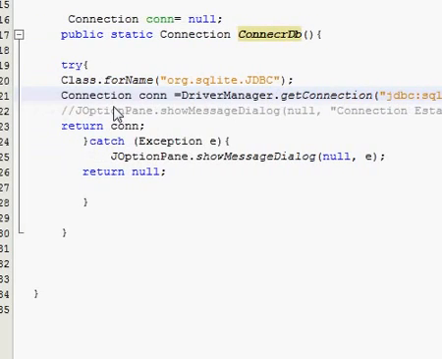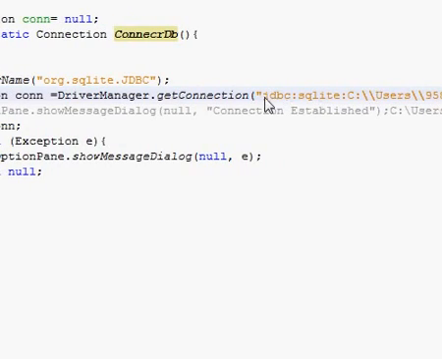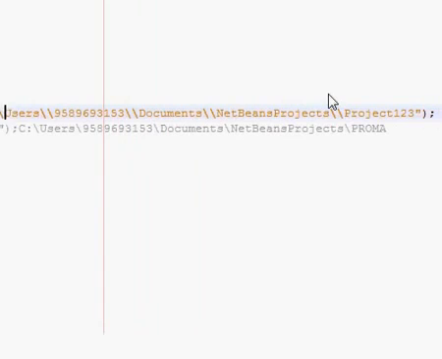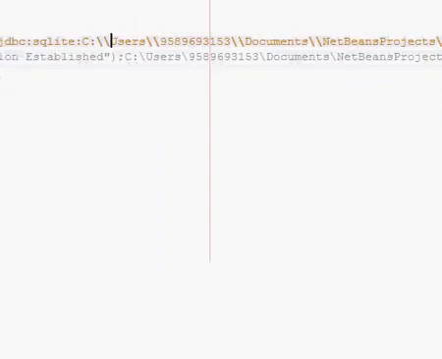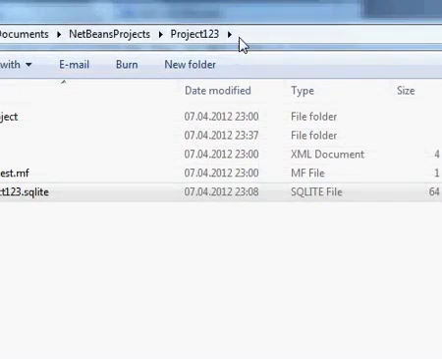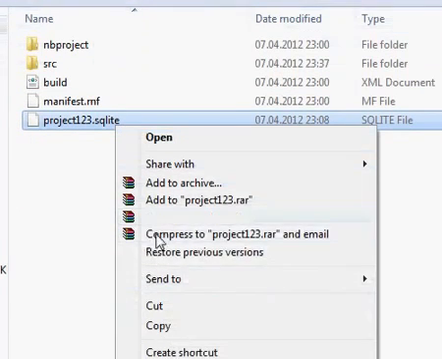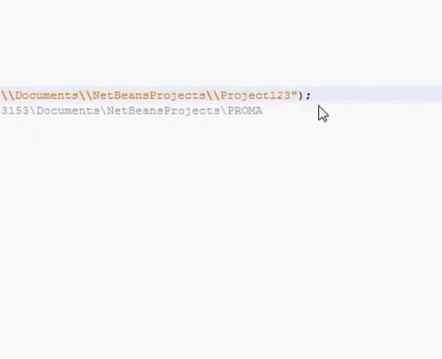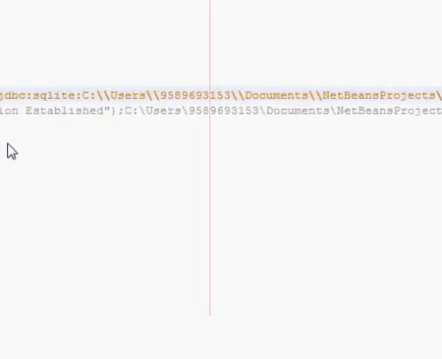So once again, you have to write Connection con is equal to DriverManager.getConnection, and in this bracket you have to write jdbc:sqlite:C, or whatever the path you have copied, you have to just paste it here. This is the path you have pasted, and then just copy the name and after this paste the name dot sqlite. So we are connected to our